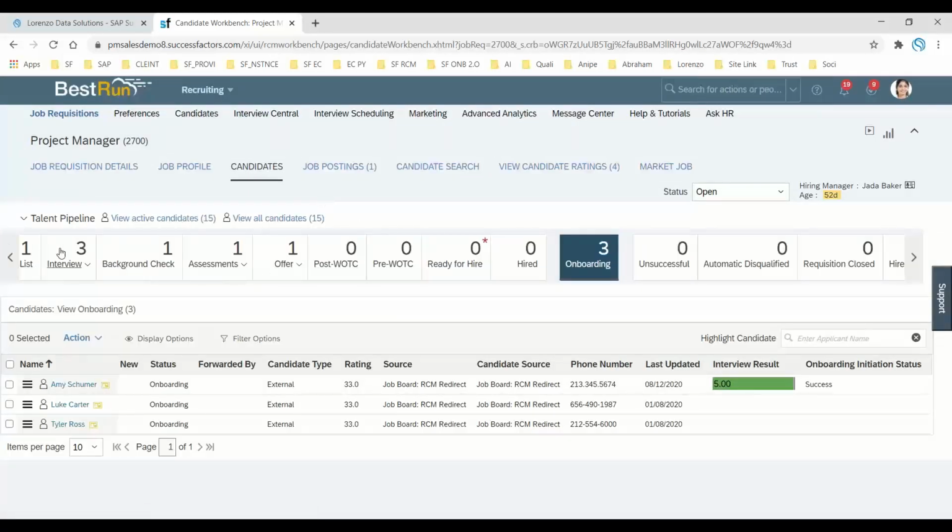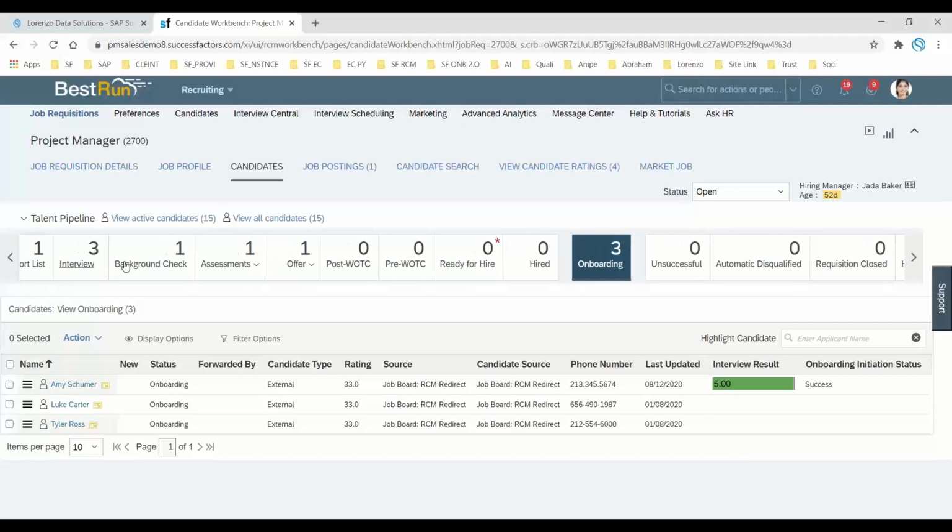Now you can see this, you call it a talent pipeline, or you can call it an application status. If you want to initiate the onboarding 2.0 from your recruitment management, the candidate should be in one of the application statuses.